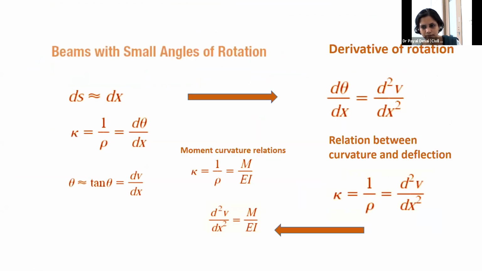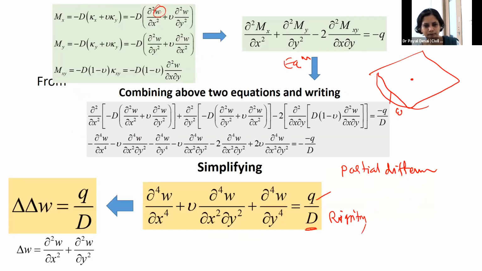Here, in case of beam also, you get a single differential equation in terms of V, that is M over EI, del square V by dx square, the second order differential equation. This is beam bending, but for plate we have this fourth order in terms of W. Now how to solve this equation? Now the boundary conditions I will go through very quickly because we have time limits.